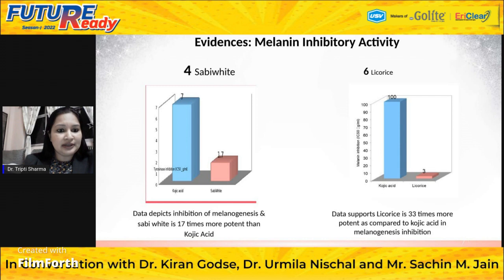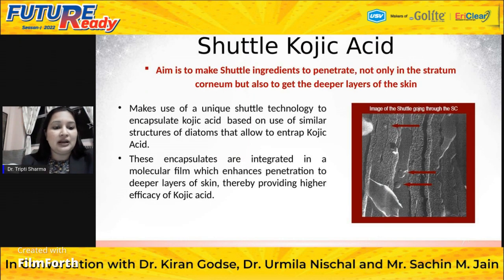Now, in the UrsD and licorice, data depicts the inhibition of melanogenesis, and UrsD is 17 times more potent than kojic acid, and for licorice also, it is 33 times more potent as compared to the kojic acid in the melanogenesis inhibition. Now coming to the very important component, that is shuttle kojic acid, and it has been aimed to make a shuttle ingredient